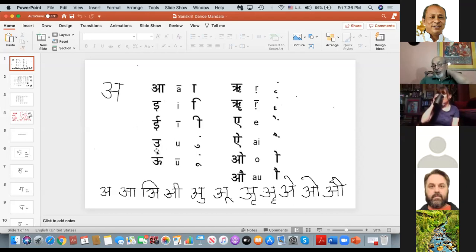The Sanskrit vowels are easy to study, but the vowels are written two different ways. Sometimes just this E, sometimes written this way, right? Actually, when E comes with a consonant, we do not use this E. We use this E. Do you know what I mean? Suppose we are writing